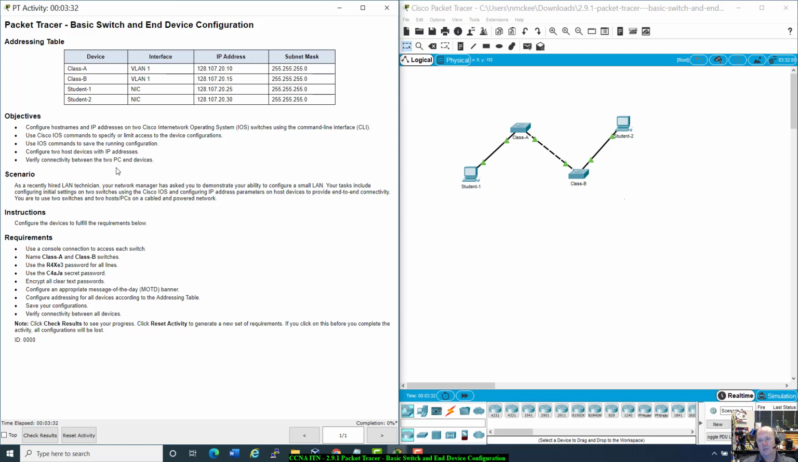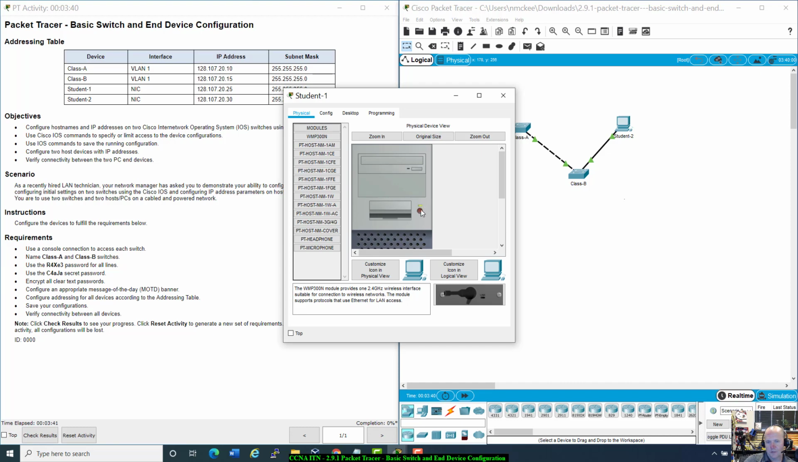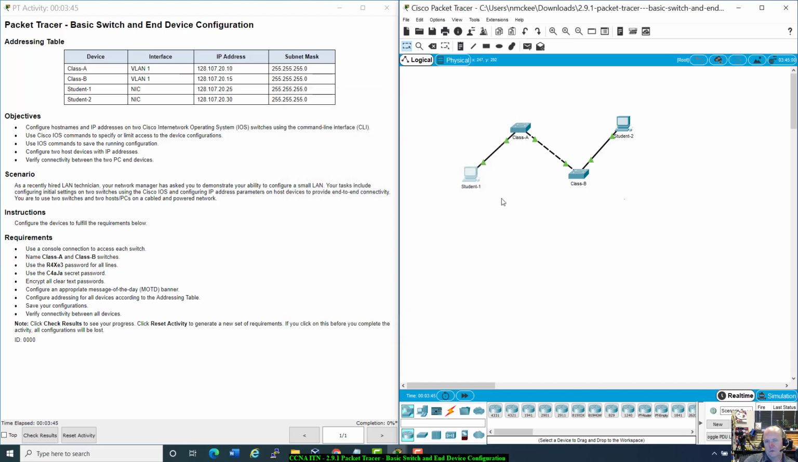Just to let you know, cabled and powered: they cabled it for you, obviously, but these are powered up too. In Packet Tracer, you can literally click on this light and turn it off. It doesn't really mean anything here, but on some of the routers in later videos and Packet Tracers, you can actually change the modules, if you want a fiber module versus a